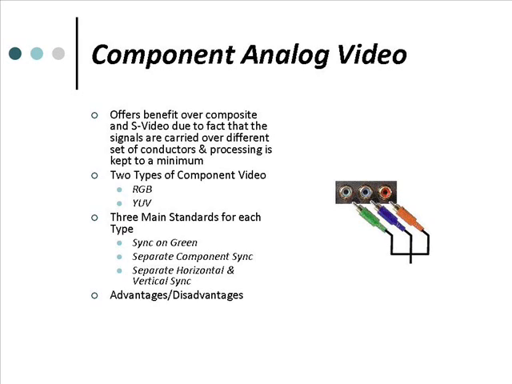Both RGB and YUV signals require 3 or more signal paths, depending on the method chosen for sending the synchronization signals. 3 main standards exist. Sync on green. Sync on green requires 3 signal paths. This method uses one of the 3 signals, typically the green signal or the Y signal, to carry the horizontal